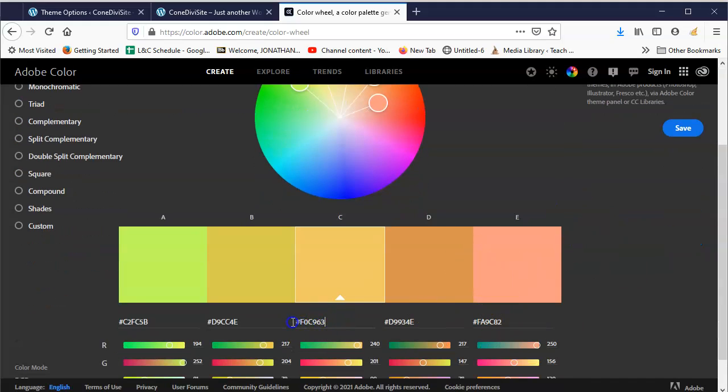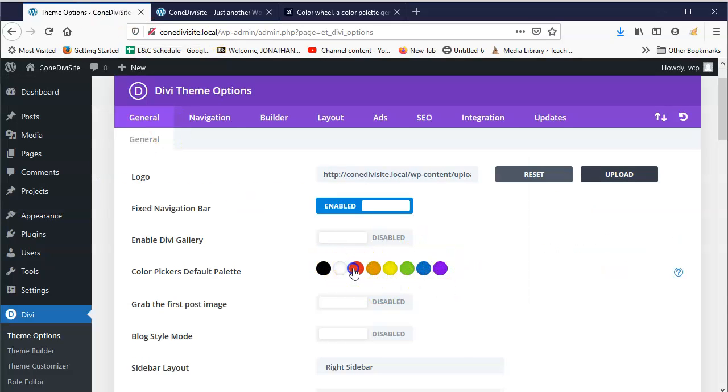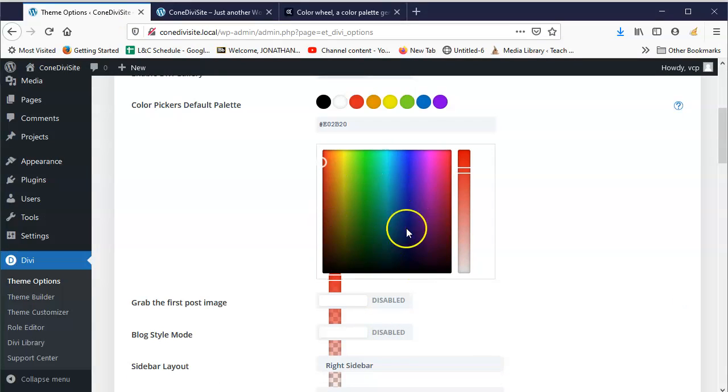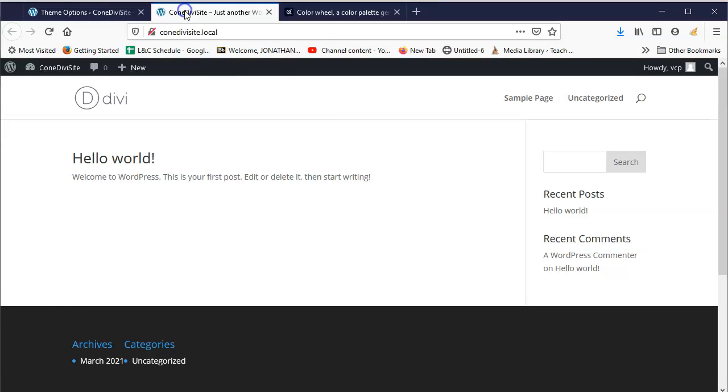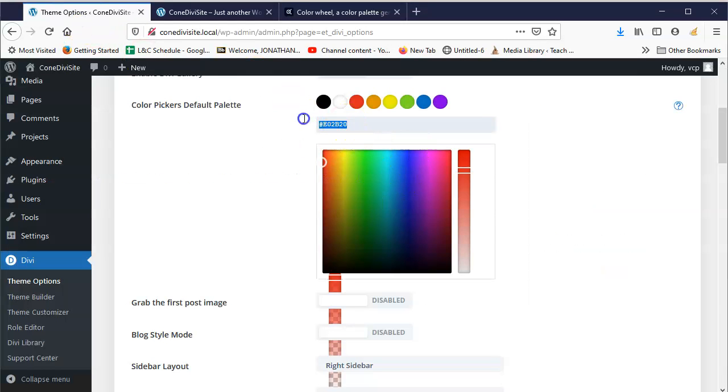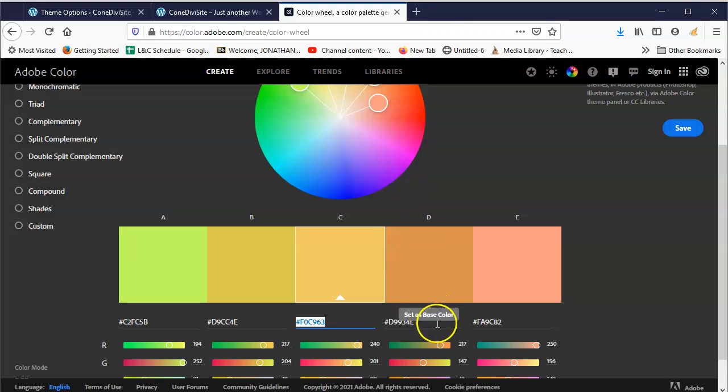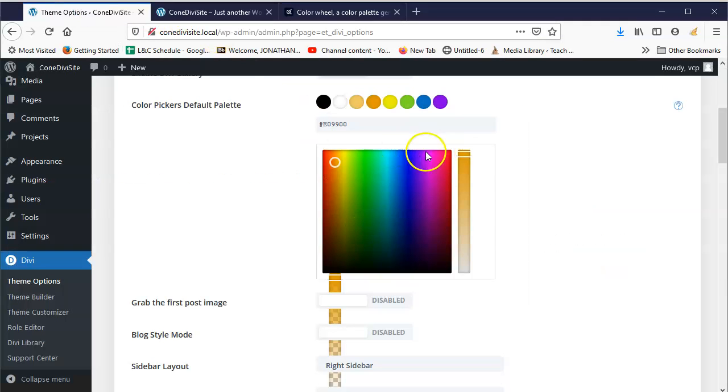Okay, so I'm just going to grab this one, Control C, and up there, go to this one, and we'll click on the red one here. And I'm just going to go ahead and paste. Control V. I copied it. Control C. Oh, sorry, wrong one. Control V. Okay, and then I'll click on this one, and we'll grab this color. Control C. Oops, keep clicking on the wrong one. And grab this, Control V, enter, grab the next one,